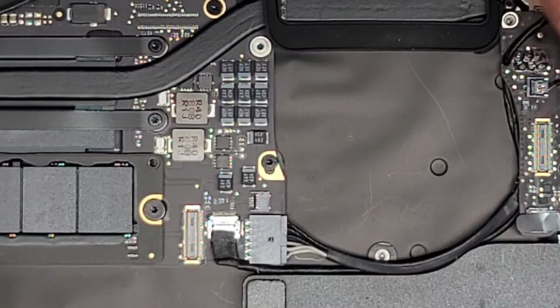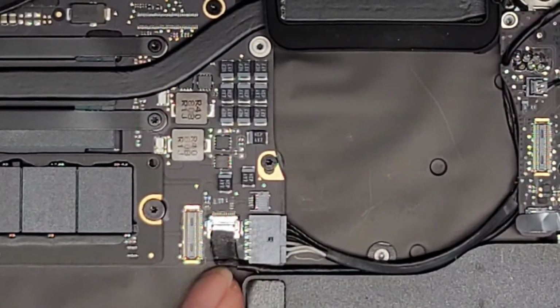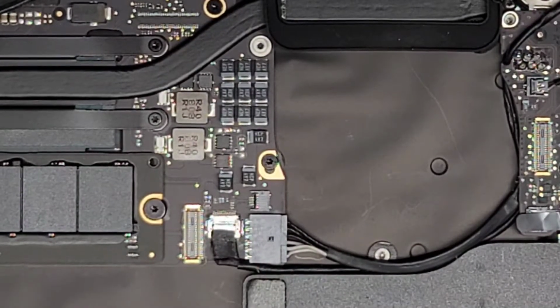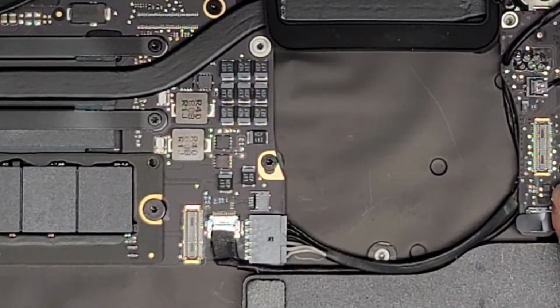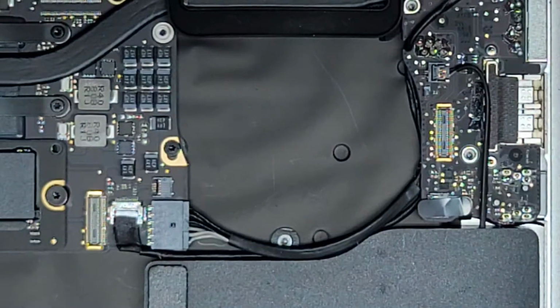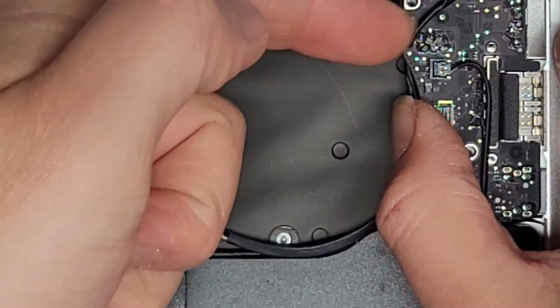Okay. All right, so next thing we're gonna do, we need to disconnect this cable. Since we're replacing the screen, you don't need to worry too much if you damage this, but it's always good to try and keep everything intact. All right, we got one more screw over here that we need to undo, so we'll undo that screw. Okay, and once you've done that, you can actually lift this board slightly up, and that's so we can unroute